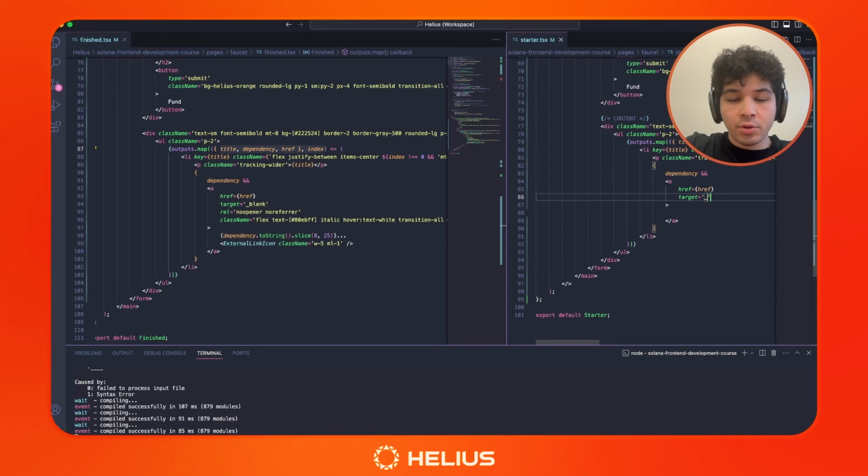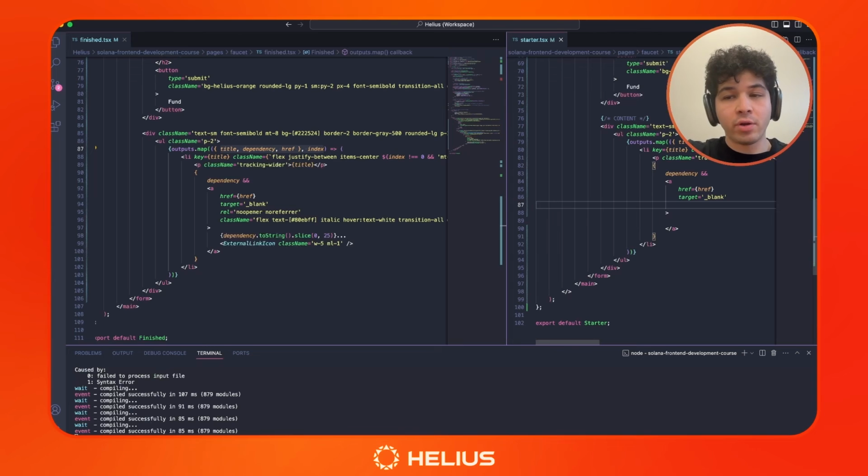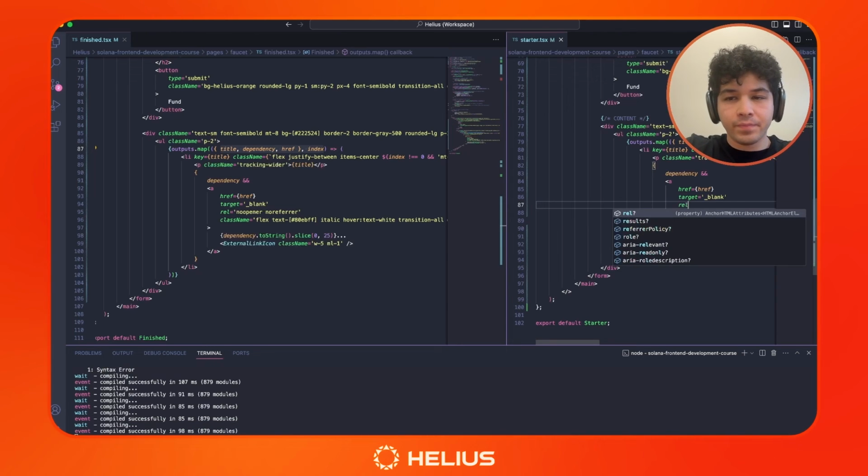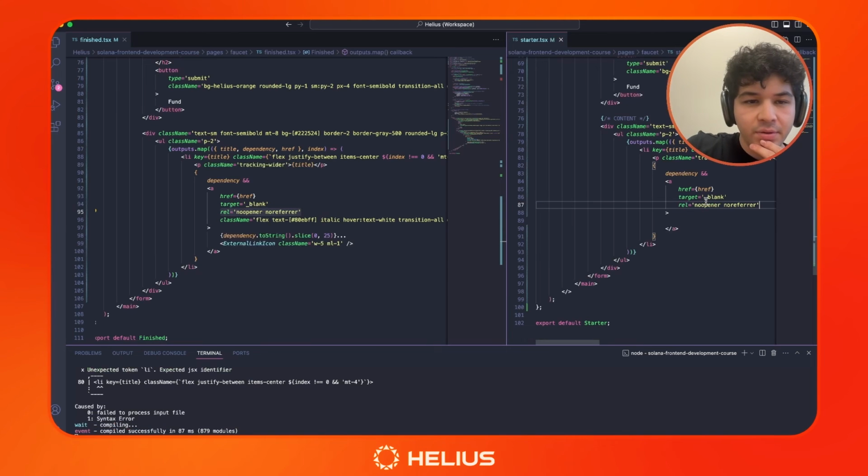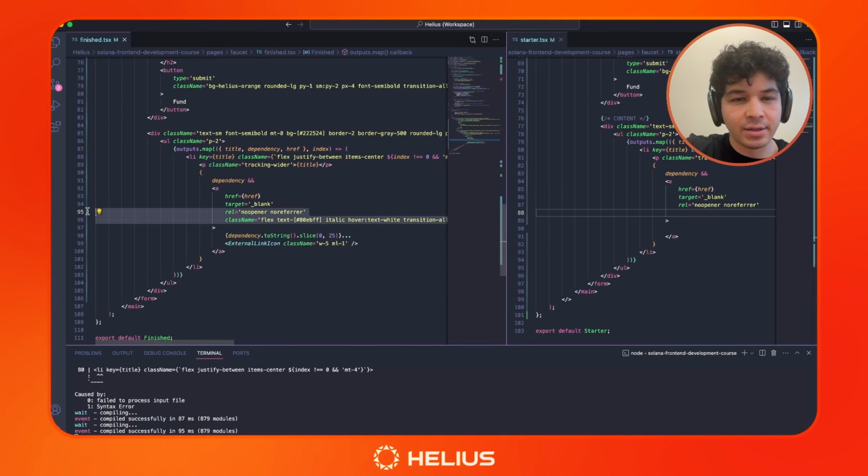Target equals _blank means that when a user clicks on this A tag, it's going to open up a new page. Rel noopener noreferrer is part of that,